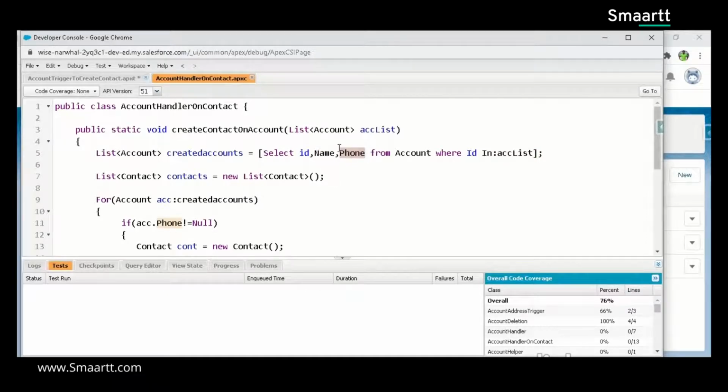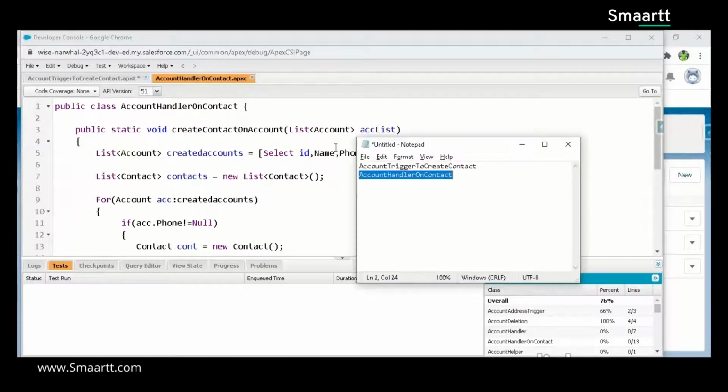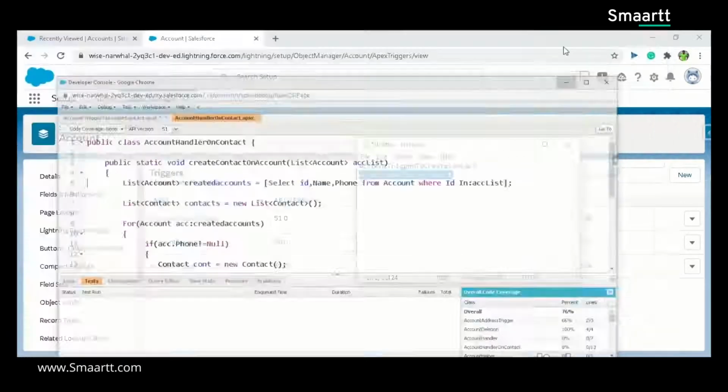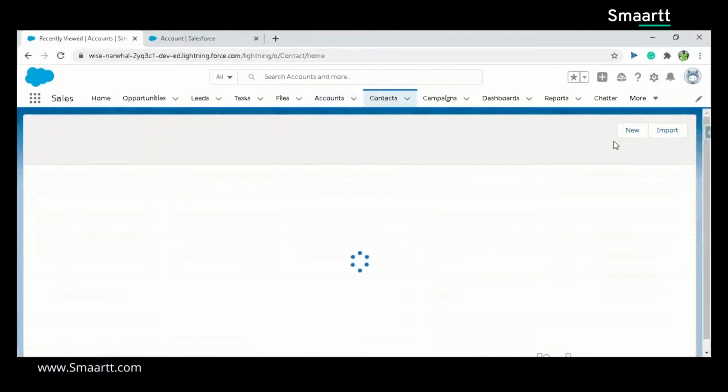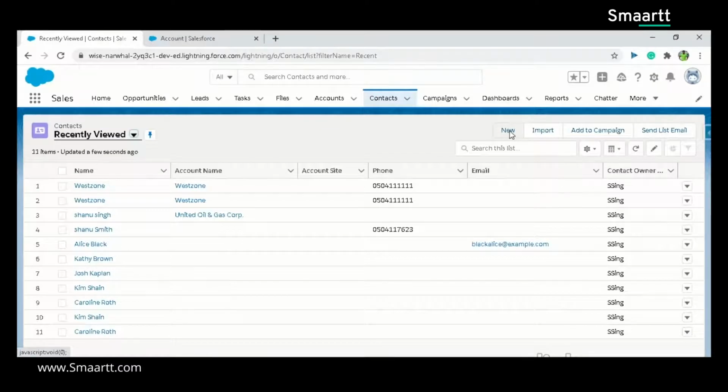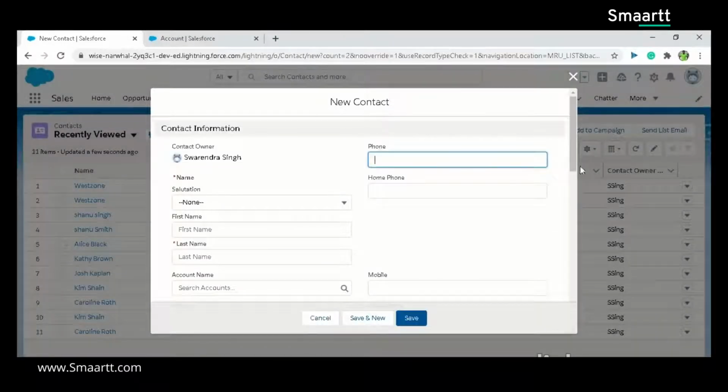See, you remember our use case is to create a contact. So obviously we need to give a phone number. If you go back to your Salesforce, go to your contact section and click on new to create a new contact, you need to see which are the mandatory parameters. The mandatory parameter for me, marked with a star, is last name. You need to give the last name and we also need to give the phone number.